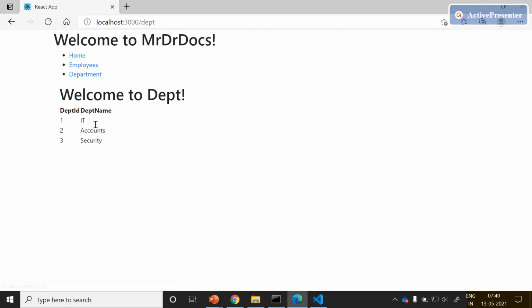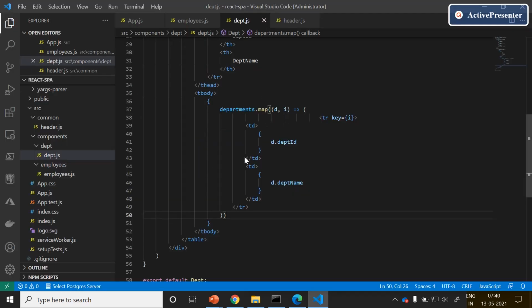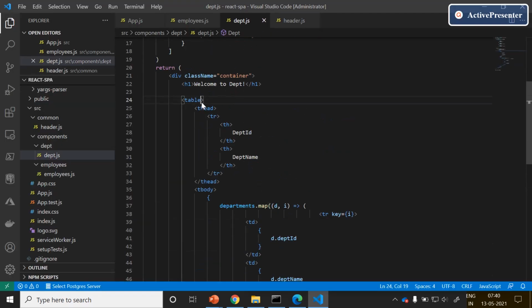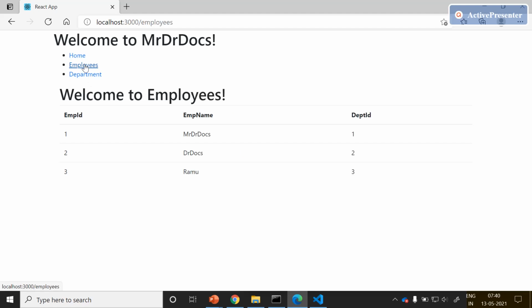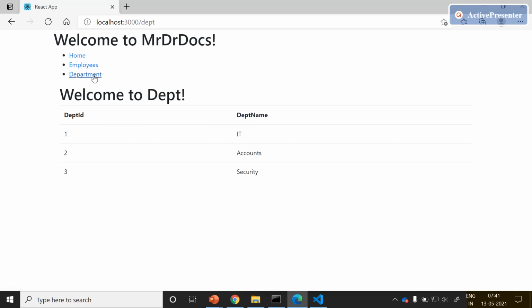If you click on department, we can see department ID and department name as well. We'll use the Bootstrap class name, that is table. Yes, now we can navigate between employees and department. Employees contains employees information, department contains the department information.